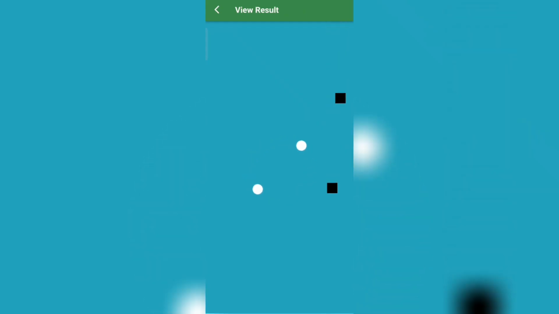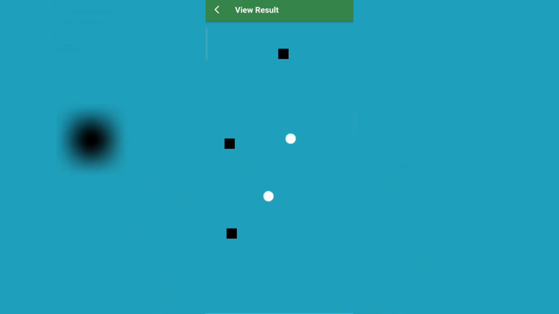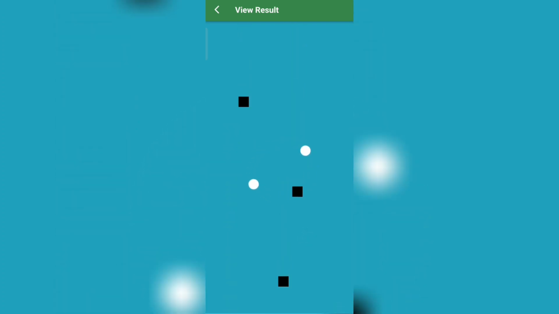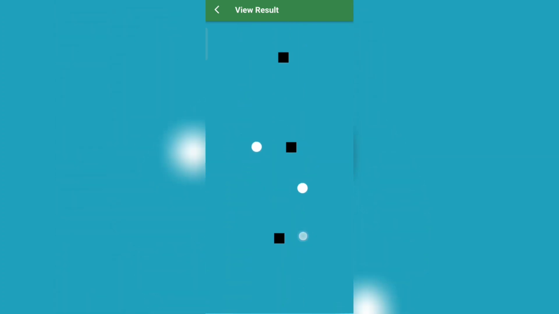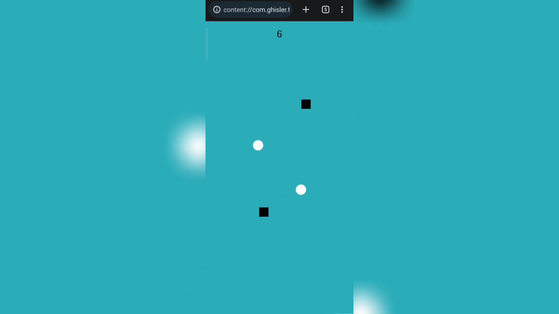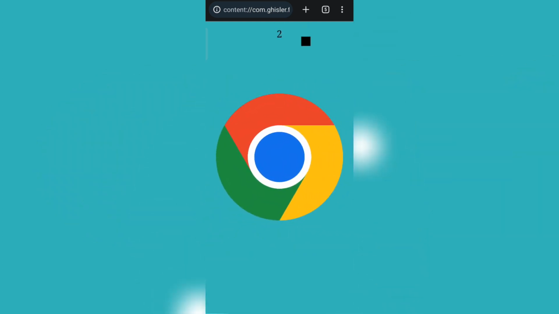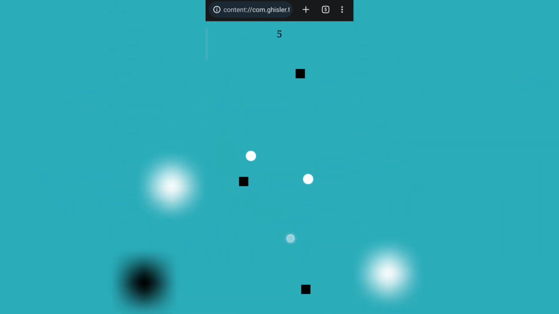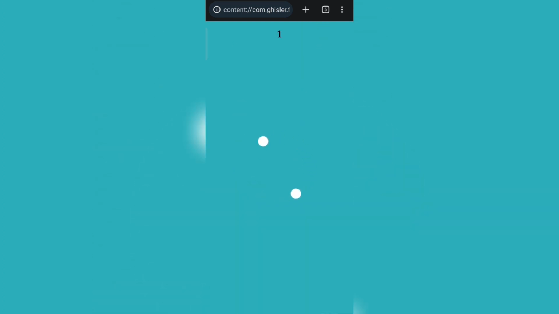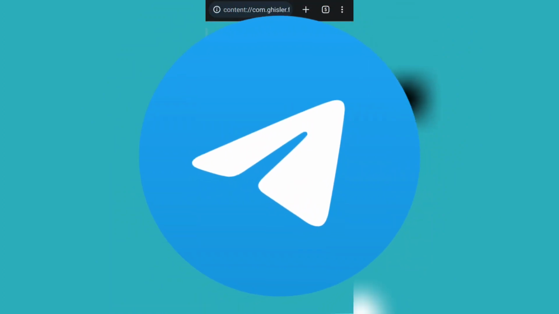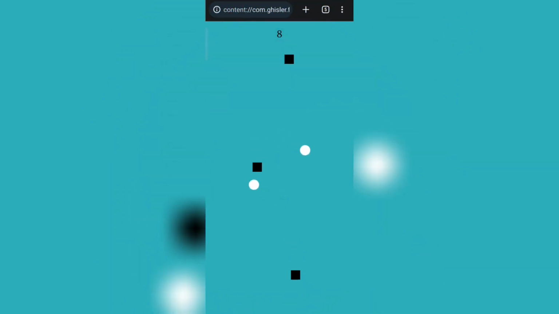But I recommend adding a score counter or restart button. I have already done this off camera, because I talked about this in the previous video. By the way, now the game is open in Chrome, which you can also do by exporting your project to an HTML file. And I want to mention that the project file will be available on my Telegram channel, so you can download it from there.